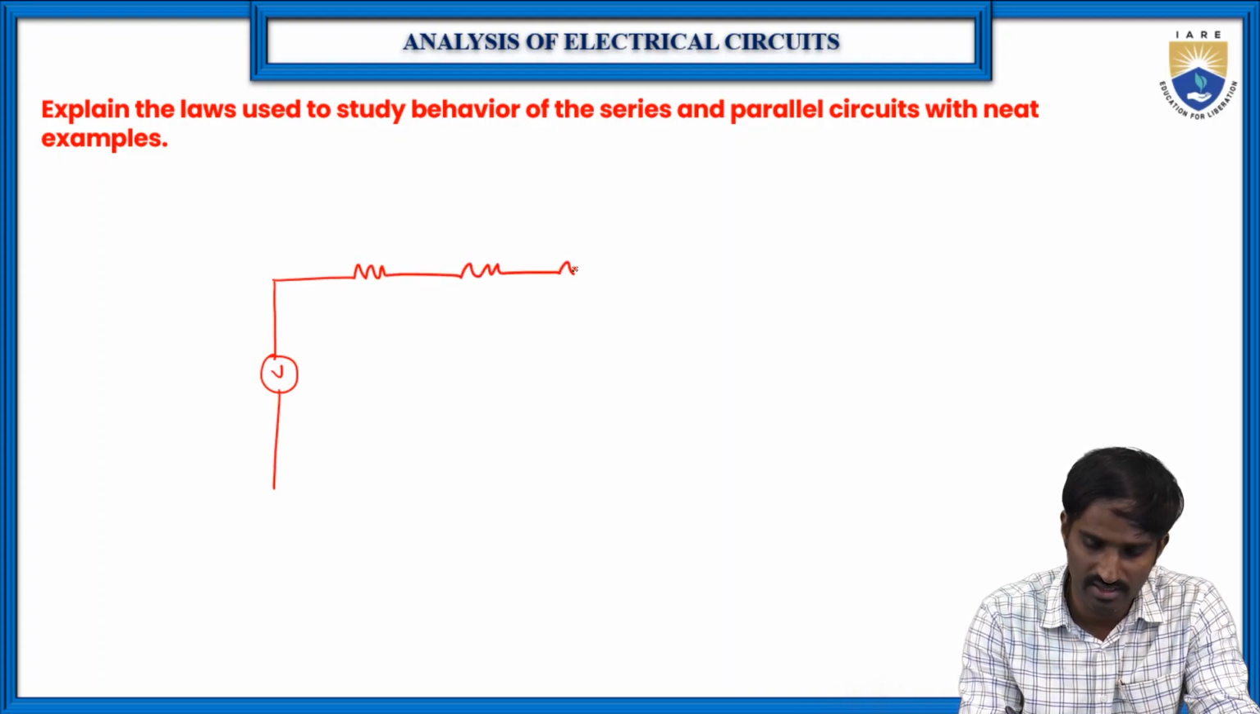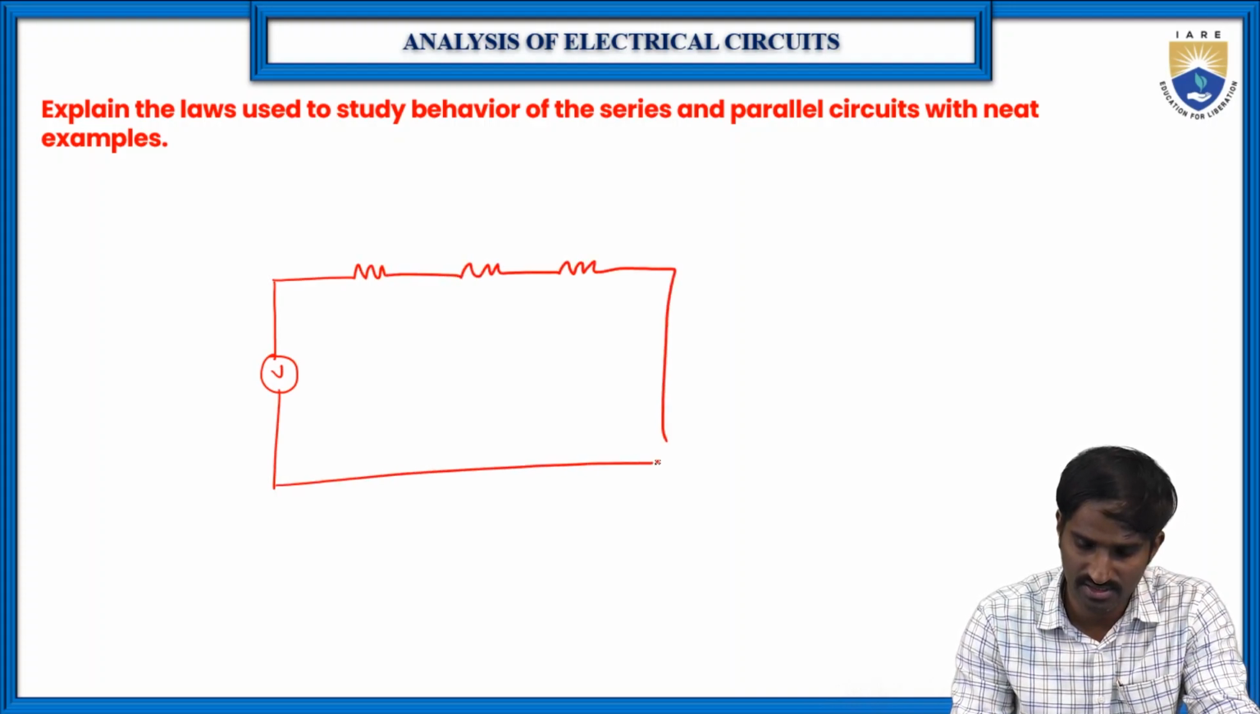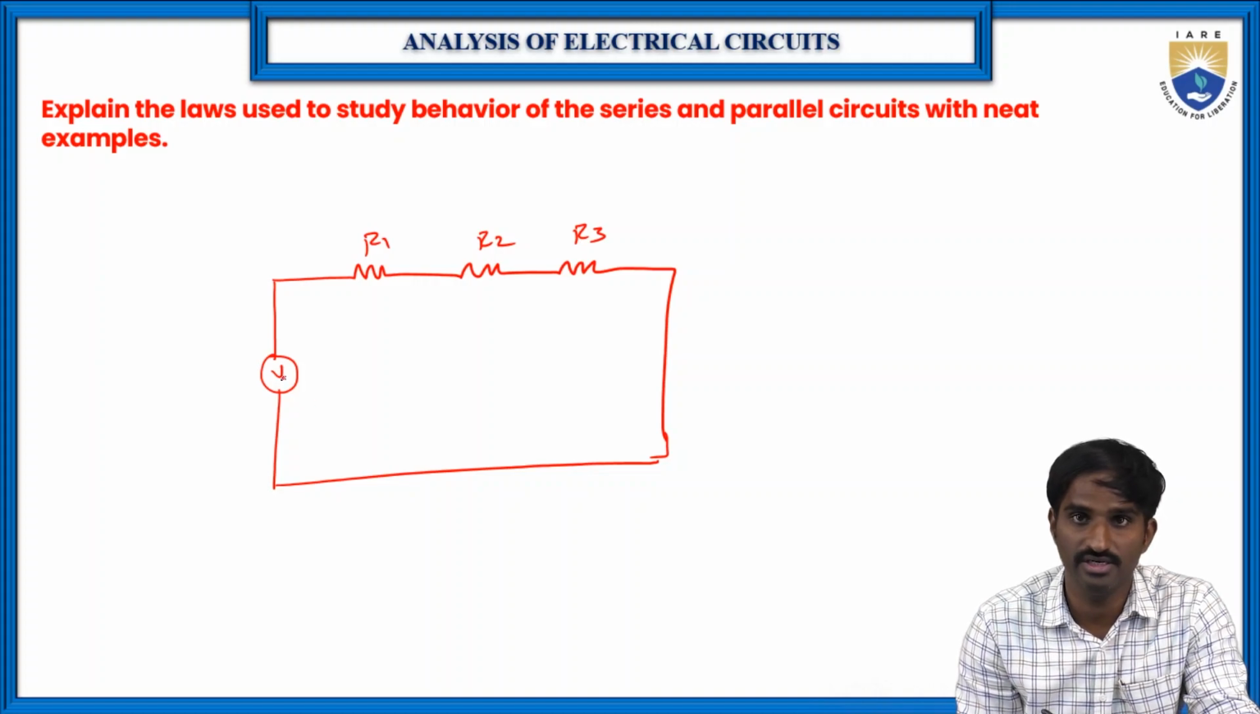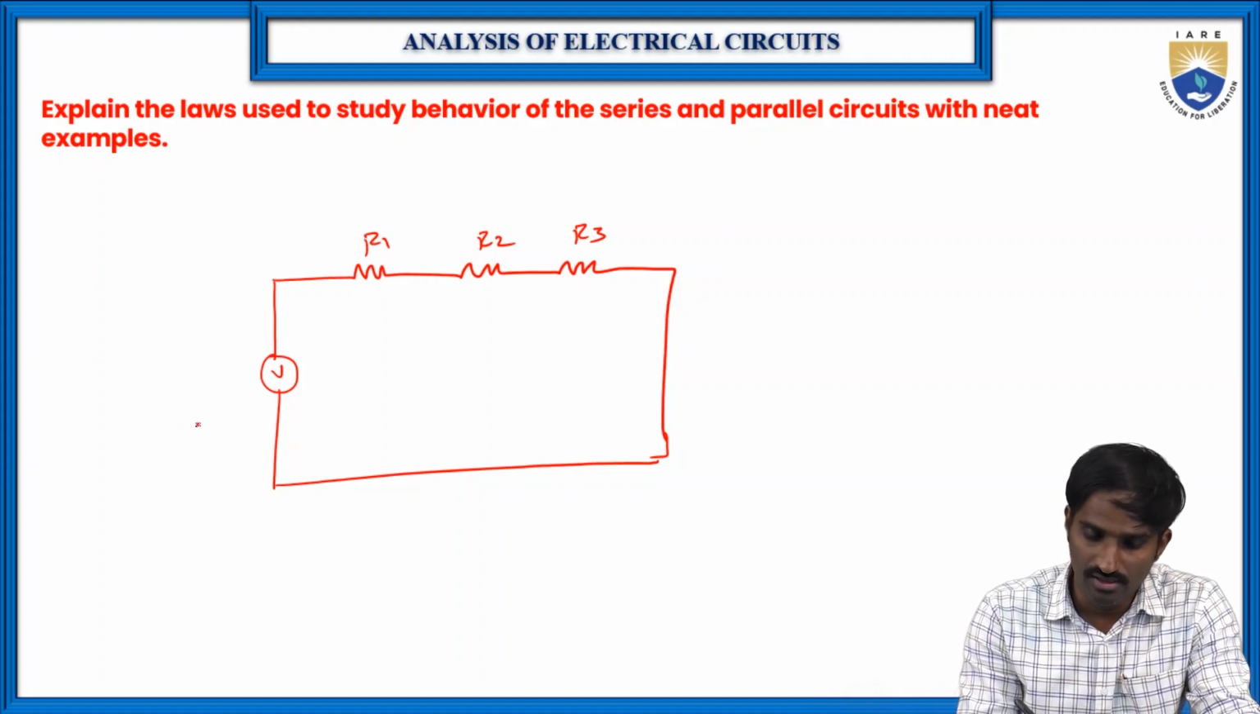Series circuit means all the elements are connected in series. Let us consider this is a series circuit. So here it is R1, R2 and R3. Okay, let us consider here it is V. Then